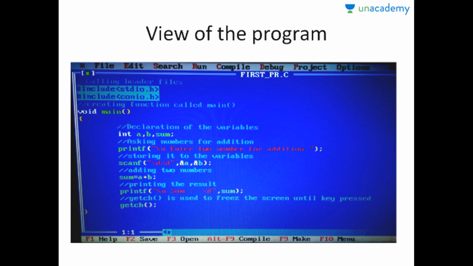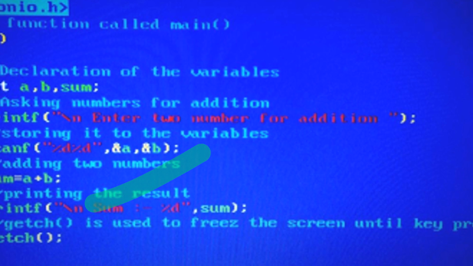Hi guys, we are going to talk about data types, size and range of data types and format strings. Before going to talk about these, I want to give you a view of this program. This is the earlier one. Nothing is changed in this. Only what I'm going to tell you, I have used some ampersand d, ampersand a, ampersand b.